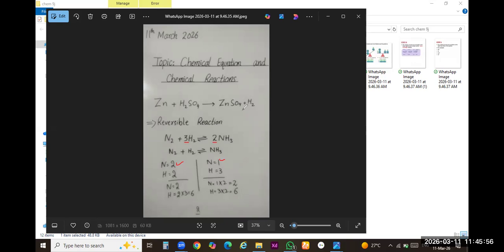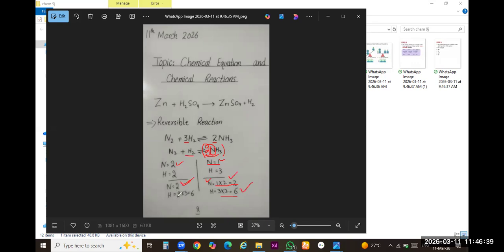So first of all, keep it in your mind, the first element, which is nitrogen, we will multiply this number with 2, nitrogen with 2. Now the nitrogen is balanced, N2 and 2. Okay, I will write 2 over there. If I write 2 over there, it indicates that 2 elements of nitrogen, and this is also multiplied with this number 3. Now the number of hydrogen elements is 6. We have to balance on that side also. The nitrogen element is balanced, but there's a disturbance in the hydrogen elements.